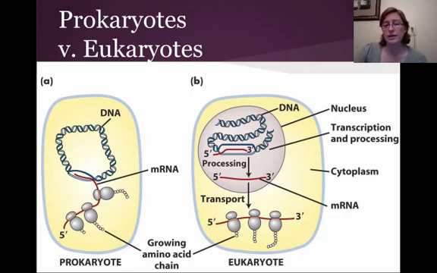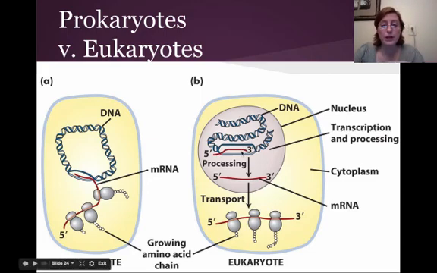Okay, just looking at these diagrams here, we have a prokaryotic cell on the left and a eukaryotic cell on the right. The first thing that should look really different is the fact that the eukaryotic cell has a nucleus. And so because of that, transcription is going to occur separately. It's going to occur within the nucleus, and the mRNA strand must be made as a whole, all in one shot, before it moves out of the nucleus into the cytoplasm where the ribosomes are